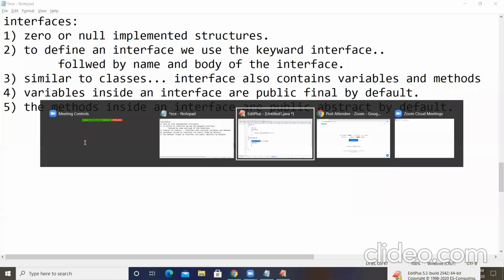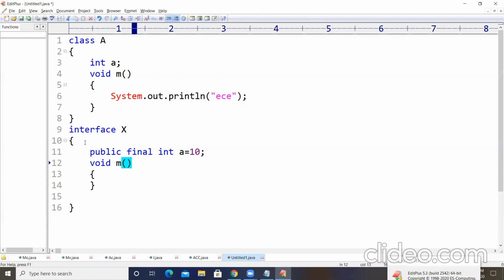So here we have defined a method m, and there will be no body for this method m, and we need to end this method with a semicolon. So if we define it or not, public abstract keywords will be added by default to any method inside an